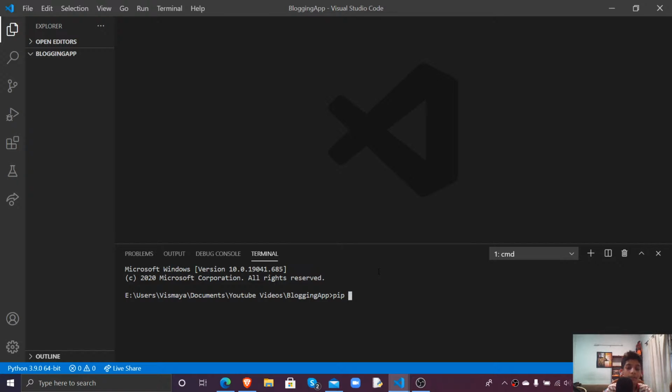And over here, you'll have to install Django. So you open up an integrated terminal, new terminal, and type pip install Django. So after you've installed Django, you might need to clear this terminal, and after that type django-admin startproject